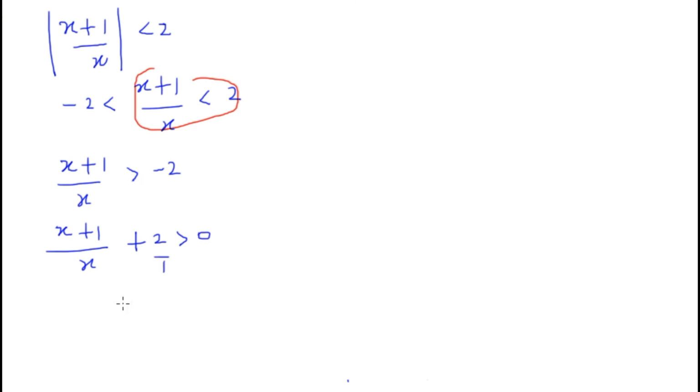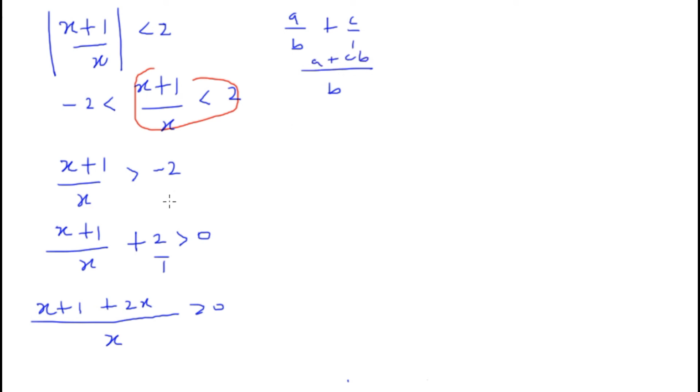So by LCM, I'll have x as the LCM, and then x plus 1 plus 2x greater than 0. It is just like having a upon b plus c upon 1. What I will have is a plus cb. So that's actually what I did right there. If I continue, x plus 2x is 3x, plus 1 upon x,